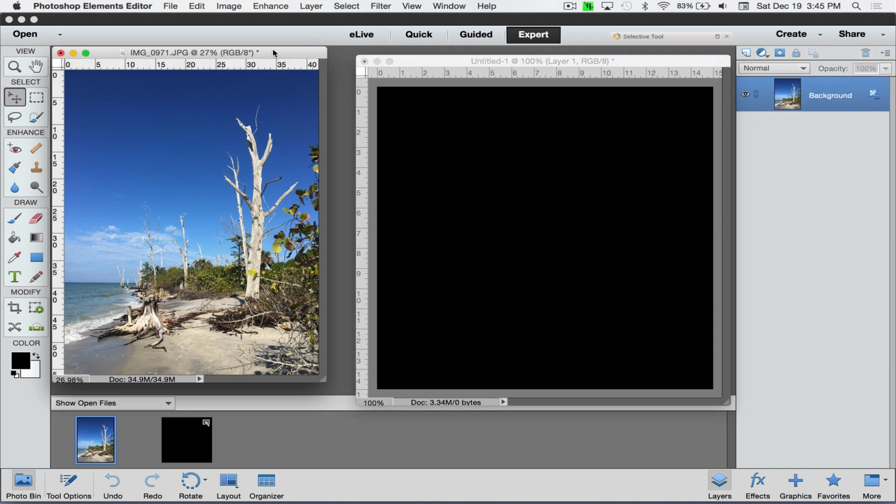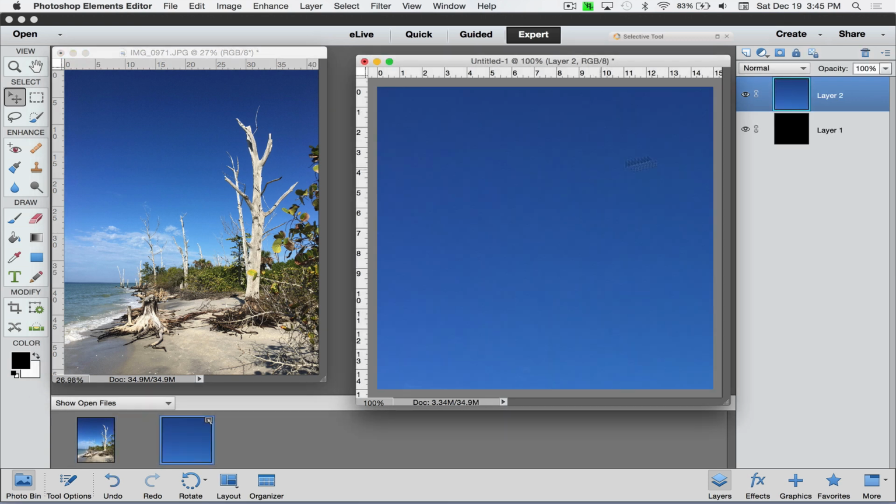So I'm going to take this image over here. You can see this window's active because it has the color buttons on top. I'm going to grab my move tool and I'm just going to click and drag this on top of this window, and it's going to copy as a layer. Now you can see this is quite large. It's all there. So if I zoom out a little bit